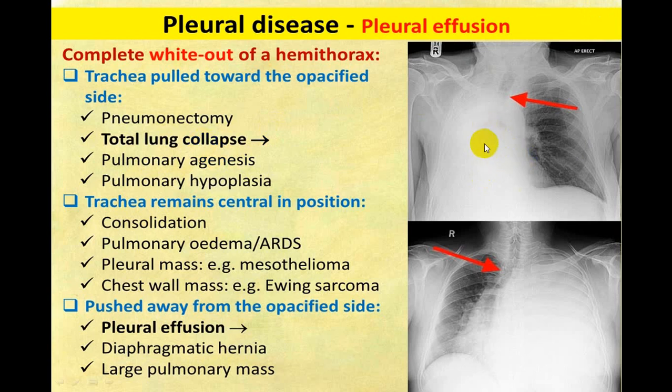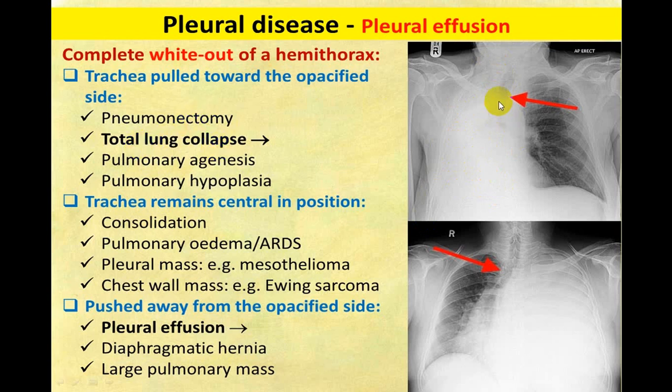Now here you cannot identify the hilum. You cannot see the diaphragm, so I cannot make out whether the diaphragm is lifted up or not. Whether the hilum is shifted or not, I cannot make out. Crowding of ribs also I cannot make out. So what I can see is shift of trachea, shift of mediastinum, homogeneous opacity. Diaphragm I cannot make out. The right border entirely, from paratracheal strips, superior vena cava, right hilum, right border of the heart, I cannot make out. So this is classical what we call total lung collapse, right?